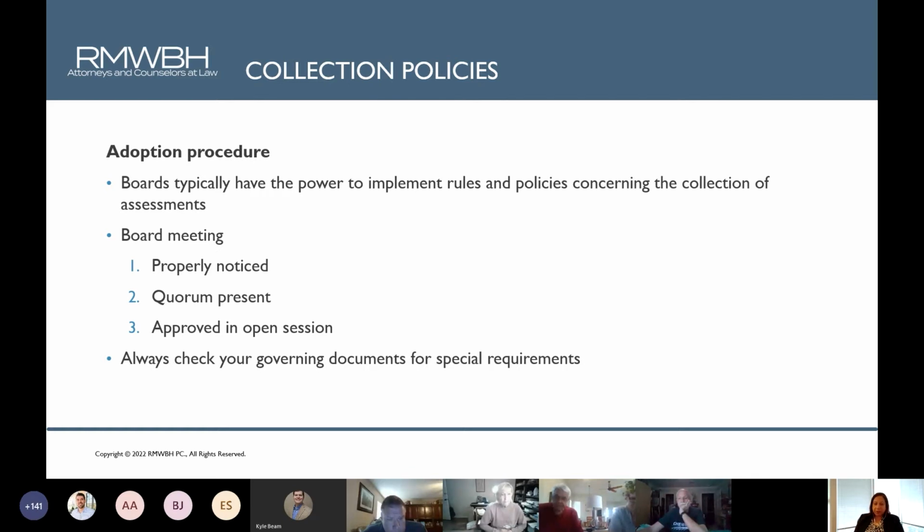Always read your governing documents to make sure that you're adopting that dedicatory instrument or that governing document in the correct process, because there are some nuances in all of your governing documents, and unless you really dig down into the nitty gritty and read each and every word, you might miss something. So it's important to always check your documents.